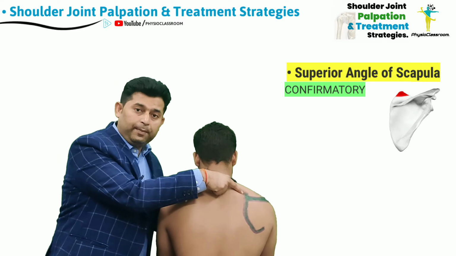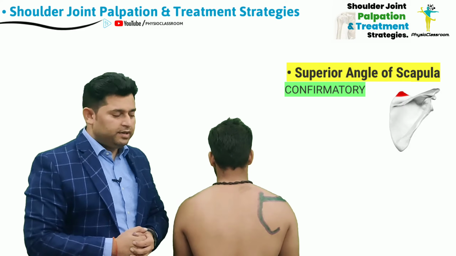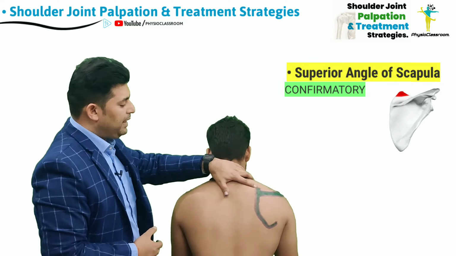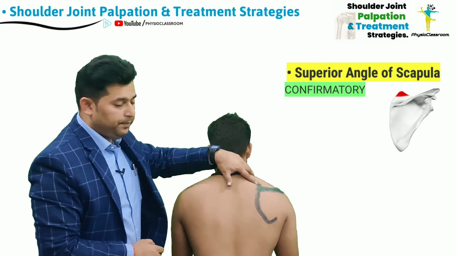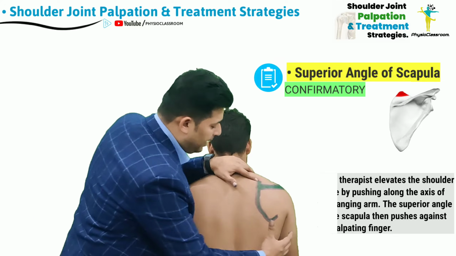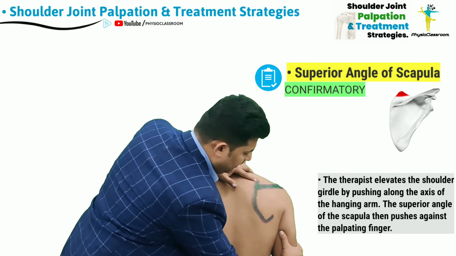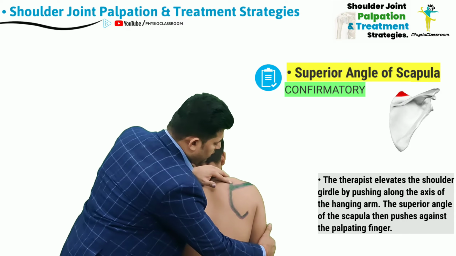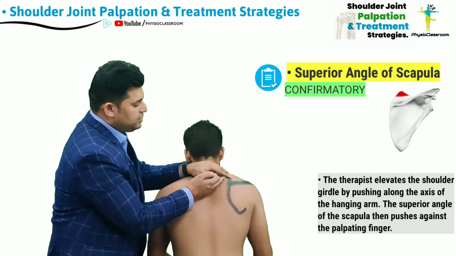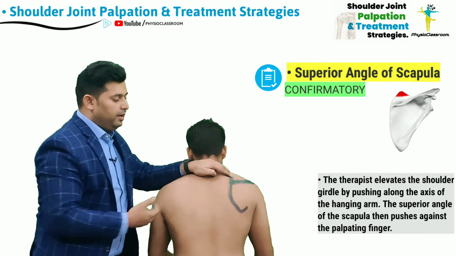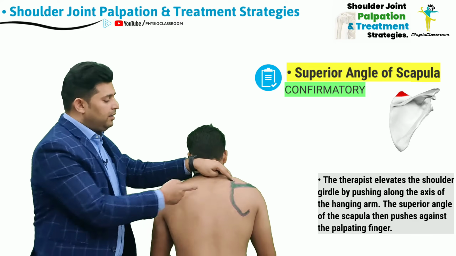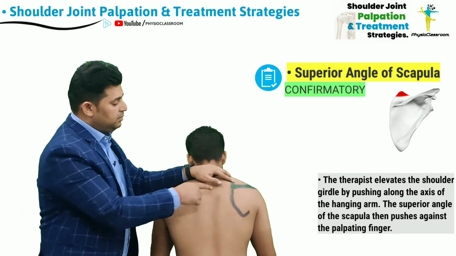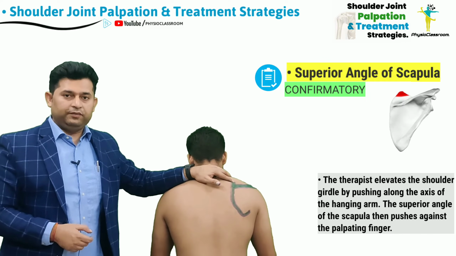While progressing upwards using the perpendicular palpation technique, once the therapist feels he has reached the superior most point of the medial border of the scapula, the therapist can confirm the location of the superior angle of the scapula. The therapist places the tip of the index finger over the proposed point, grabs the arm of the patient in this manner and elevates the shoulder girdle. This elevation makes the superior angle of the scapula rise upward, so it is easily felt under the palpating tip of the index finger, and the location of this point can be confirmed.